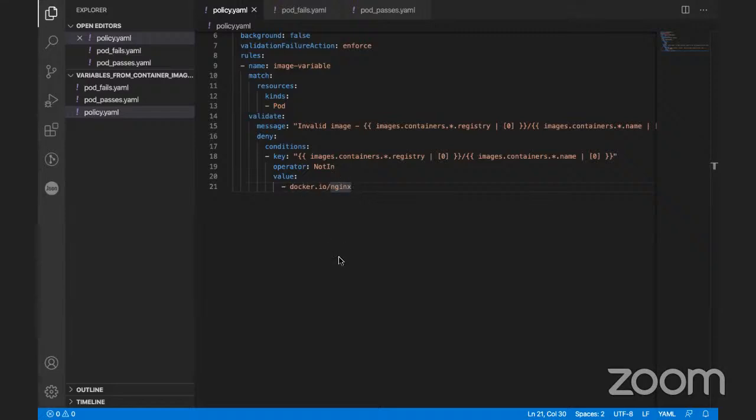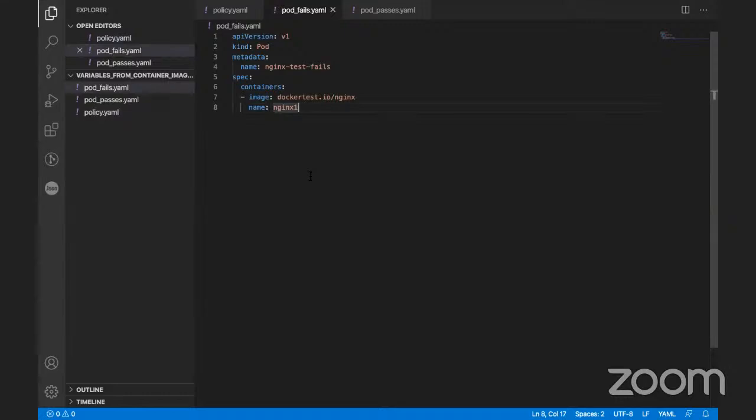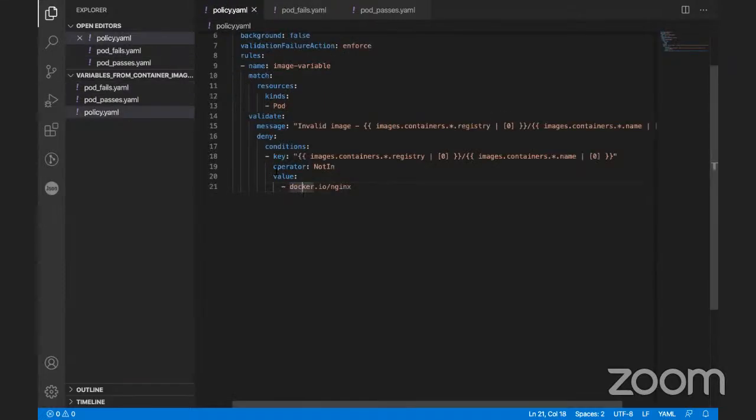So whichever pod we are going to create, that pod should not have this image. So this is basically the image and the registry. This combination shouldn't be there. So here we have an example, and as it is a deny policy, when it matches,